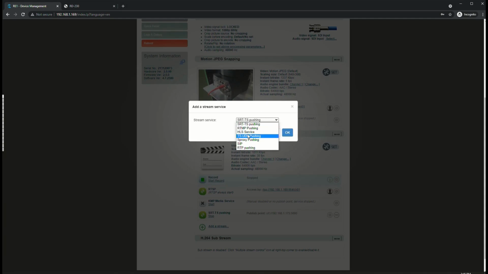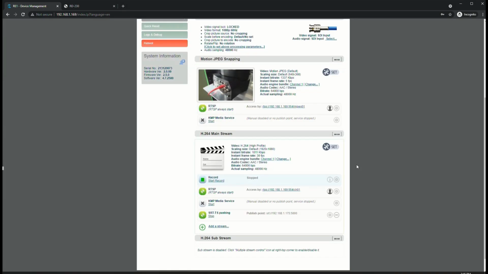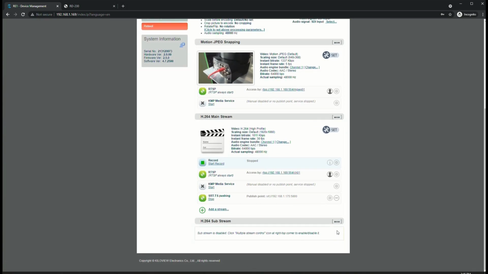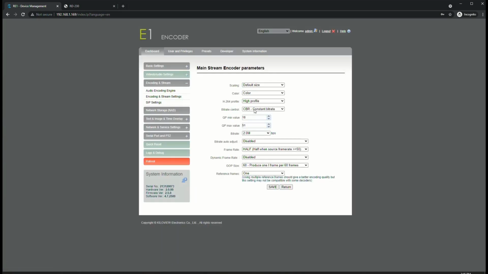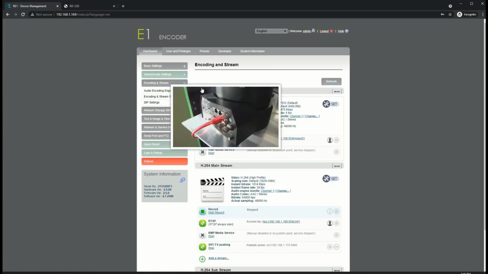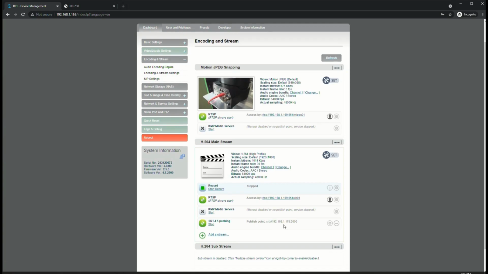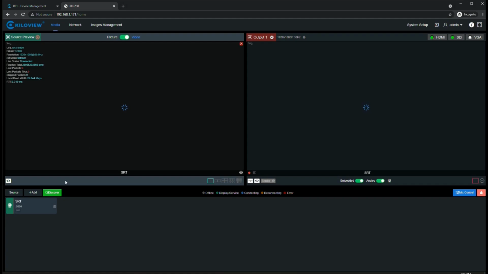bit rate. So it supports HLS, TS-UDP, SIP, RTS, RTP pushing, and we can also do a substream. So if we wanted to have a high and a low resolution version, we can do that as well. Or we can pop in here and we can adjust things like the resolution and bit rate. Right now we're doing a 2 meg because we're sending out an SRT stream that we don't necessarily want to be that high. We're sending to SRT 192.168.1.75, port 5000, which happens to be our RD230,